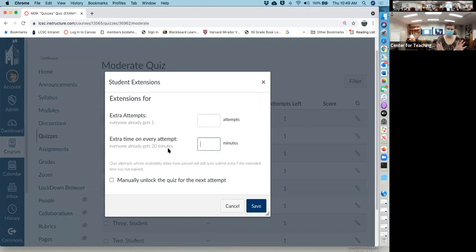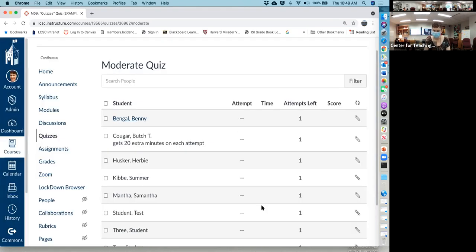The thing to note when you're doing the extra time is that everybody always gets the base time. So if it's time and a half, you don't want to put 30 minutes in here for a 20-minute exam. I would only put 10 because then they'll get a total of 30. Or if it's double time, I would only put 20 in here. Then when I hit save, it says,